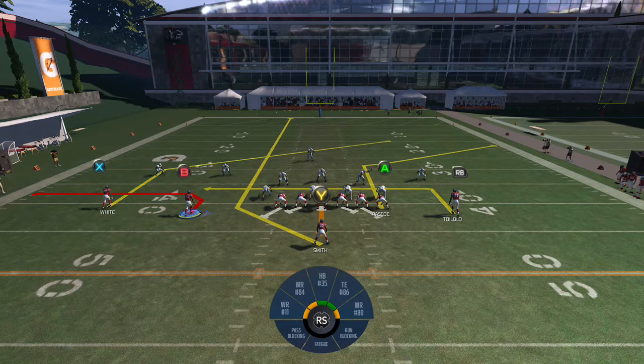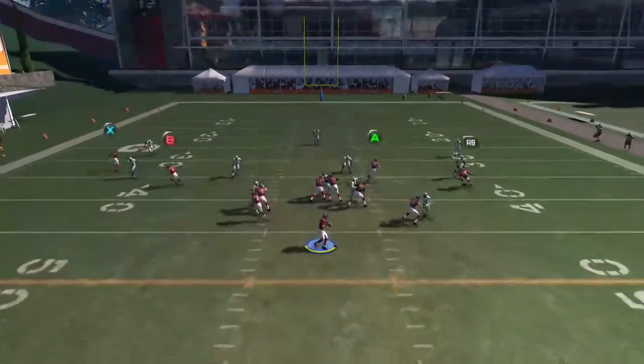What we're going to try to do here is see that B route. We're going to run and let him do a bumper route. What I mean by the bumper route, once he gets to the sideline, he's going to go upfield like an out and up. And he's going to be wide open, all right? So let's go ahead and show it to you here. So we can go to the B here,